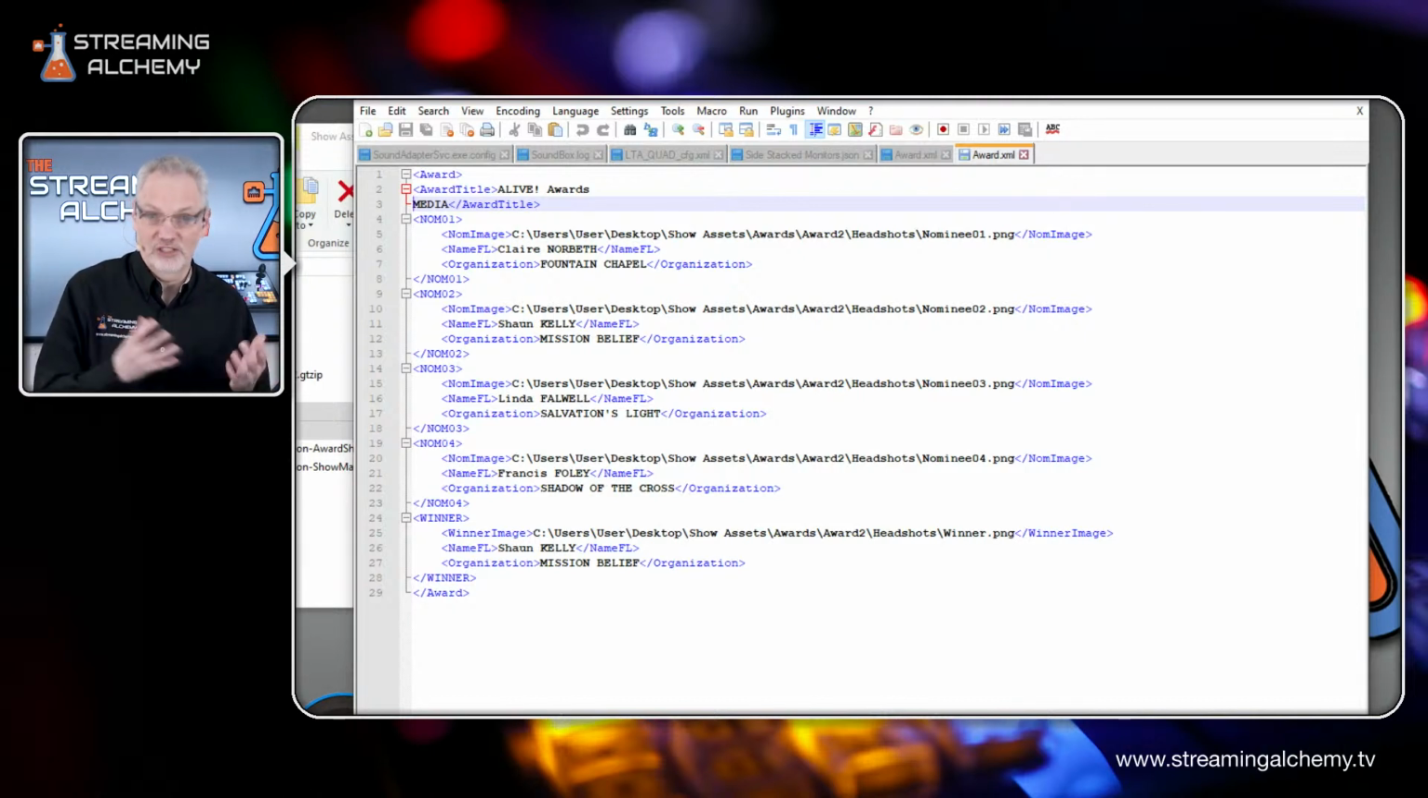And we use that image as a PNG file that we call up to overlay on top of the graphic. We then have their name and the church or religious organization that that person would be from. And we do that for all four of these nominees. And this is the data that will actually go to populate the 4 page sets that we set up in